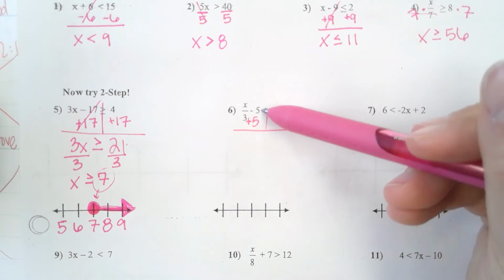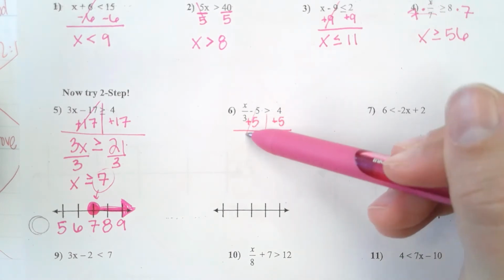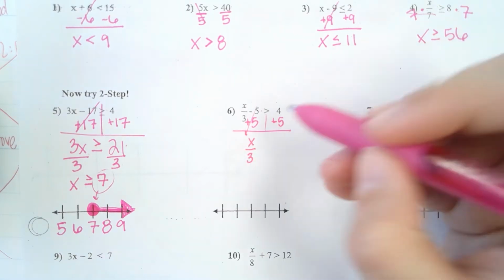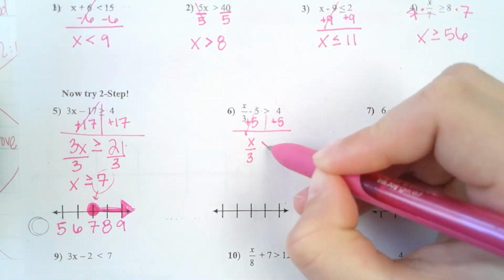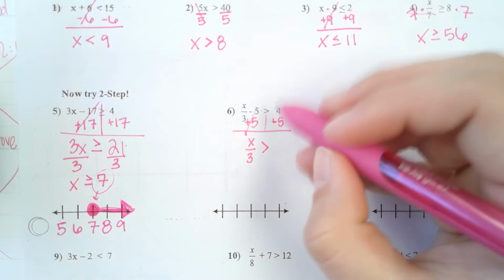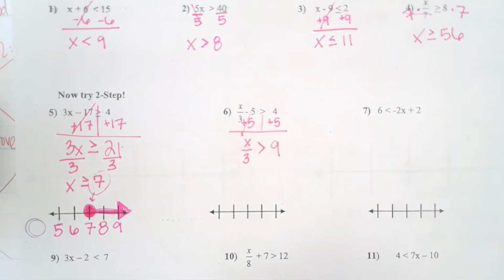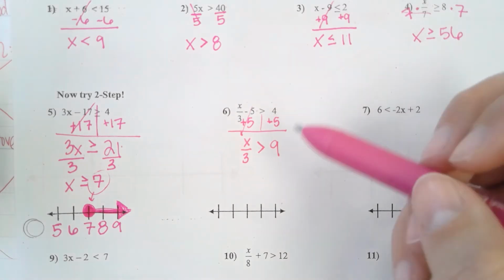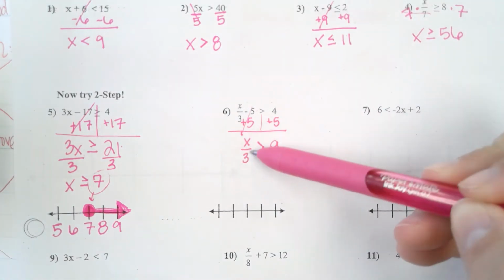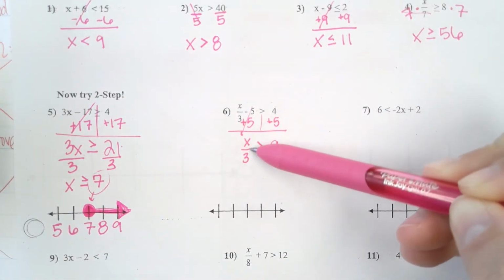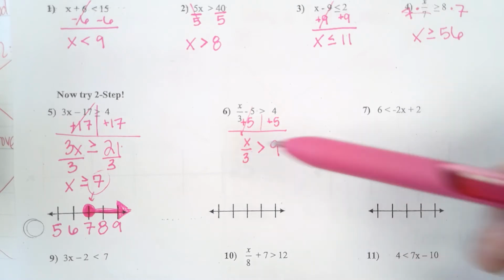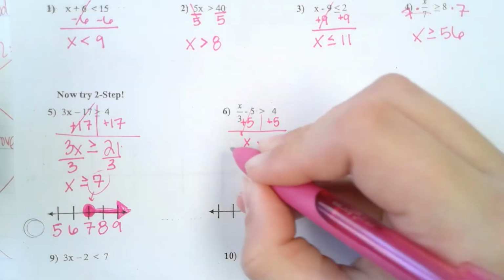Your minus 5 plus 5 will cancel. So we are left with x over 3 on the left side. Bring down that greater than symbol, and then 4 plus 5 is 9. And then our last step to get x by itself, right now, remember this fraction bar line means dividing, so if I need to get rid of that 3, right now it's dividing, so the opposite of dividing is multiplying. So I'm going to multiply by 3,